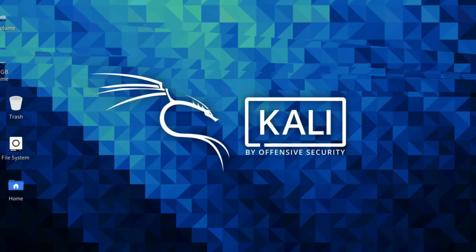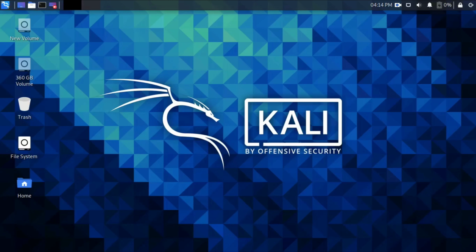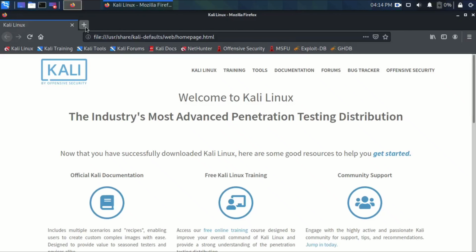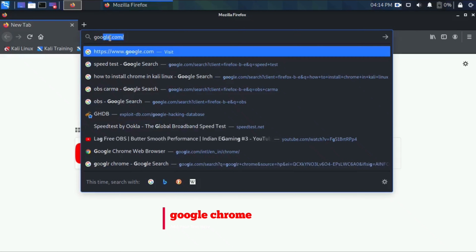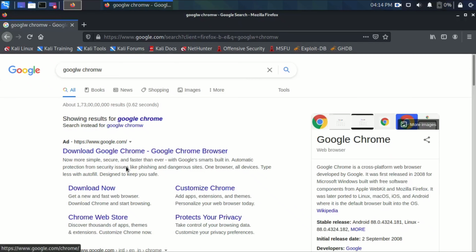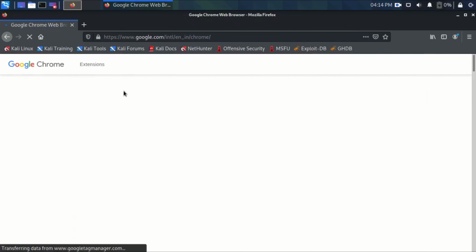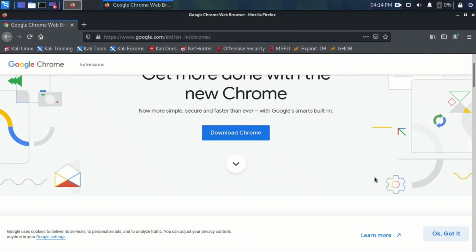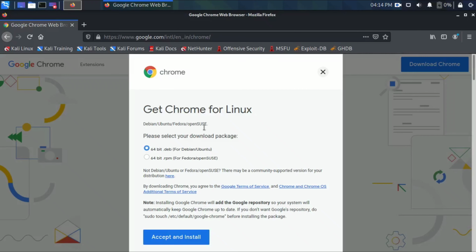Okay, so first you need to open your web browser. That is by default Firefox in your Kali Linux machine, and just open a new tab and search for Google Chrome, and yeah, it is here. And you can see it is showing Download Now. It's the Chrome official website, and just download it, and it is showing that it is for Linux, Debian and Ubuntu. So just accept and install it,